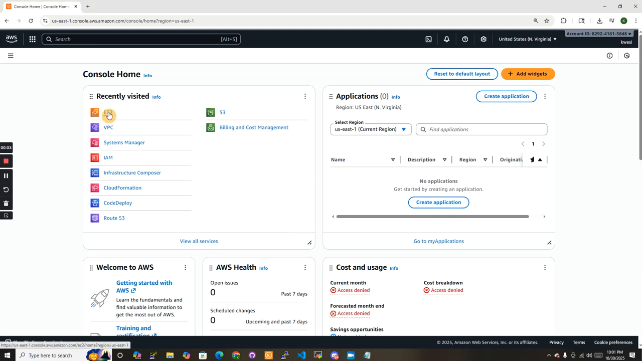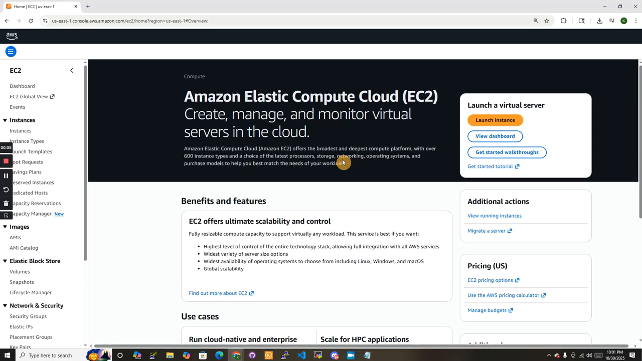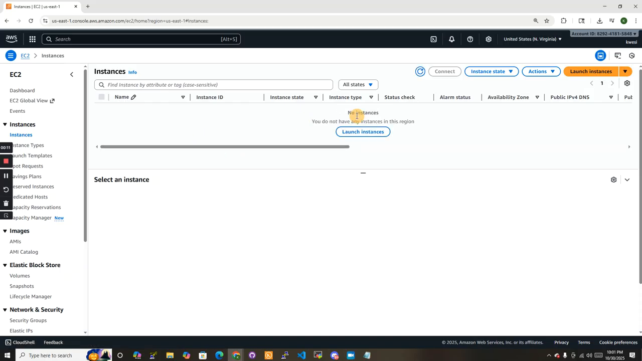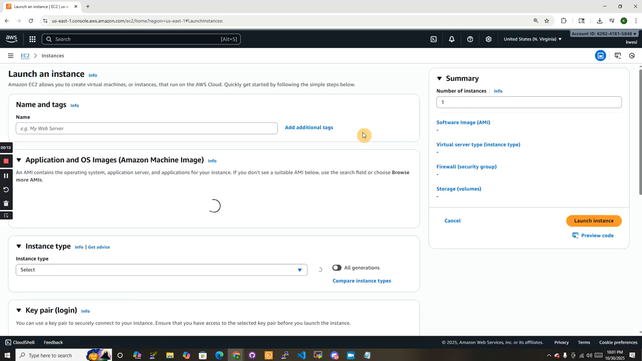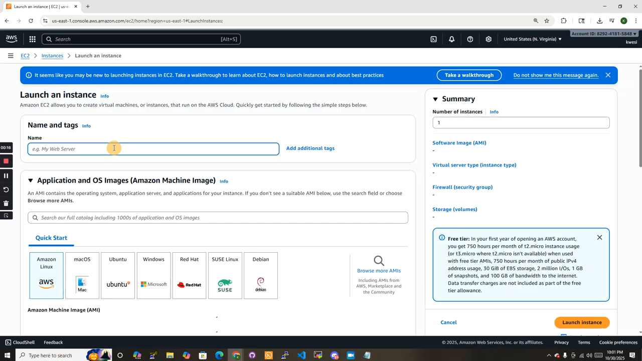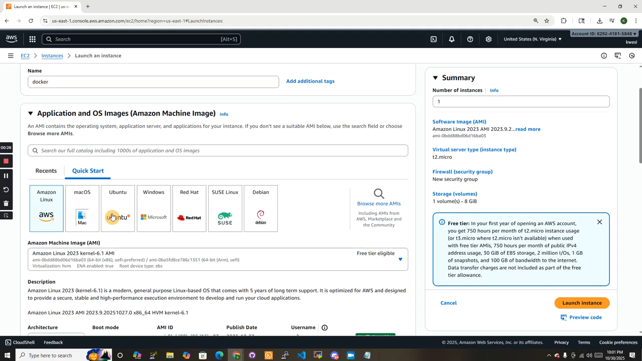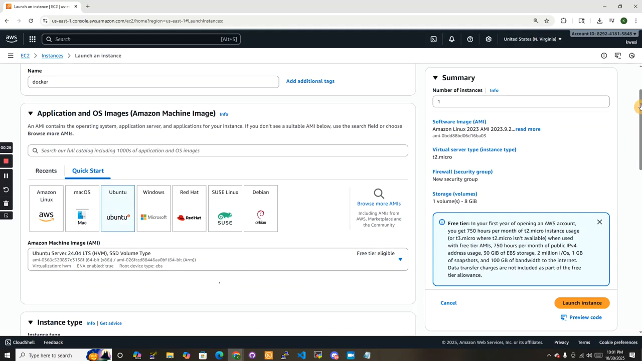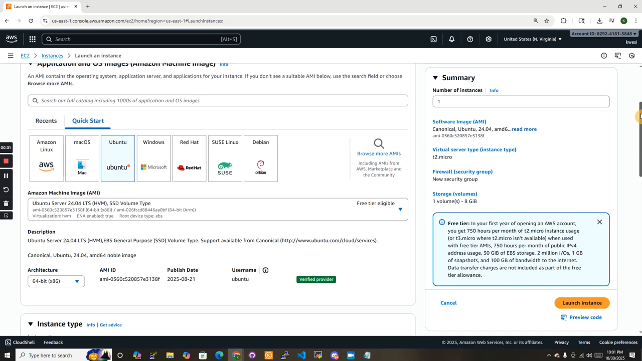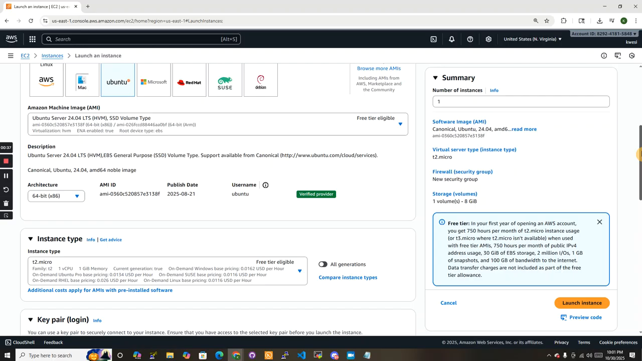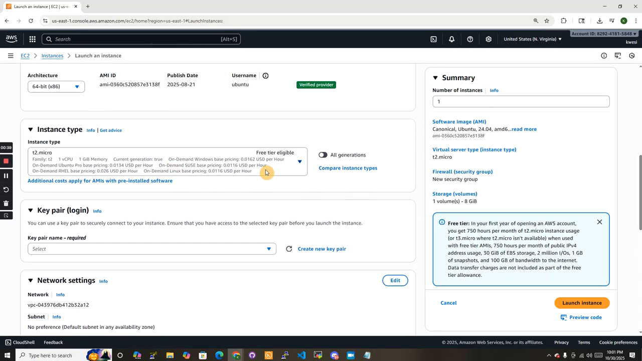So I'm just gonna spin up an EC2 instance just to see how best this Docker containerization is gonna go. I'm going to name my EC2 instance Docker. I'm going to use Ubuntu. Always use the LTS, which is long-term support, and I'm going to choose the